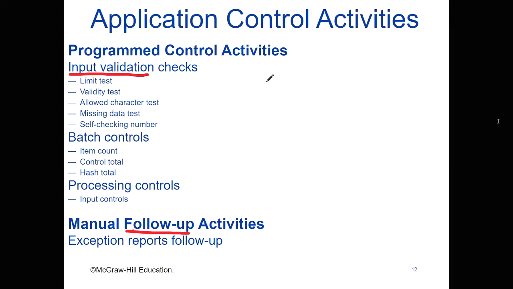And so that's a way to prevent possible mistyping, because those other tests may not necessarily check if there's a problem. So this is just another way to check, kind of an internal check within the number that can be used to validate the input. Batch controls are just the idea that we're going to move things through in batches a